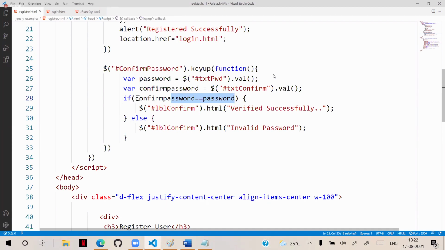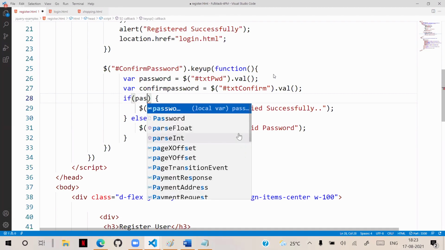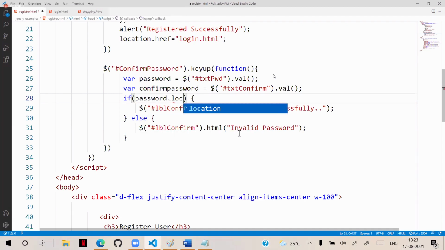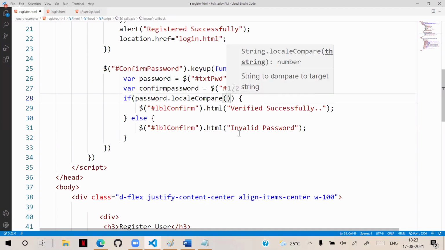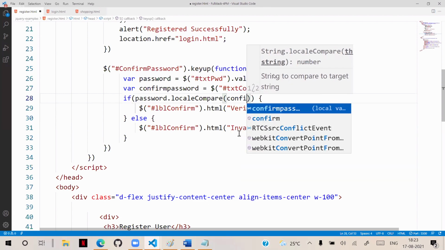So see now, I am using one more point here. I am writing like this. String 1, that means password, must have localeCompare. So localeCompare with which string? It should compare with confirm password.